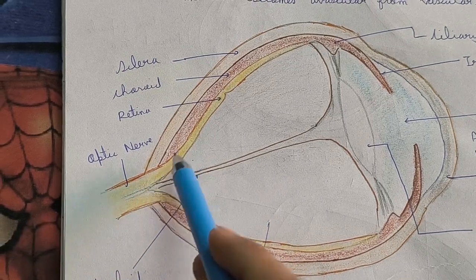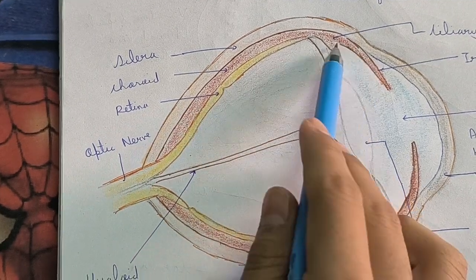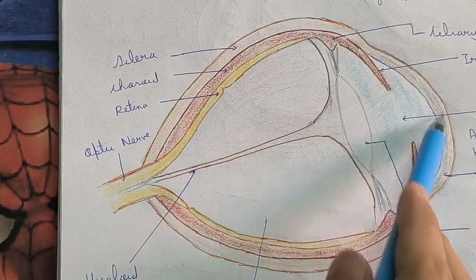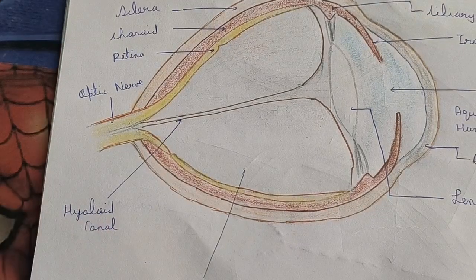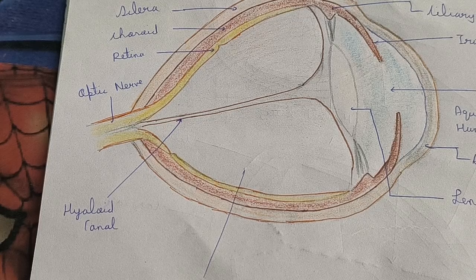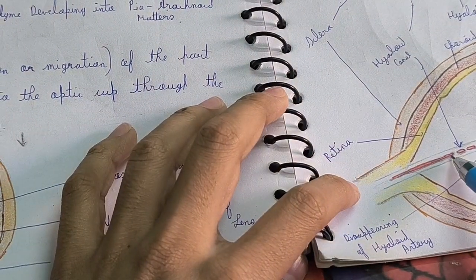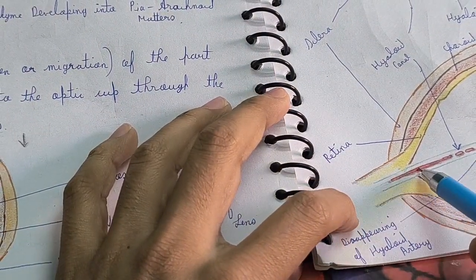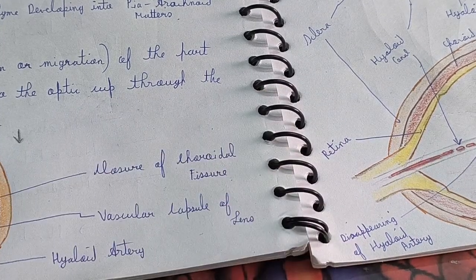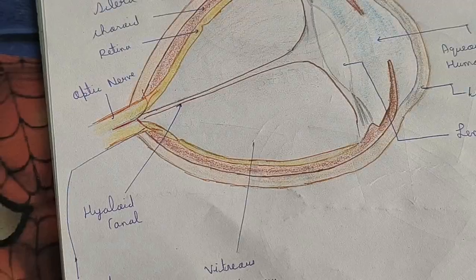So here the optic nerve is there, retina, choroid, sclera, ciliary body, iris, cornea, all these parts are there. Here, development of blood vessels occurs. Now you should know what happens later. These blood vessels, which go here, become the blood vessels of the retina, and the central vein of the retina also, as you can notice.